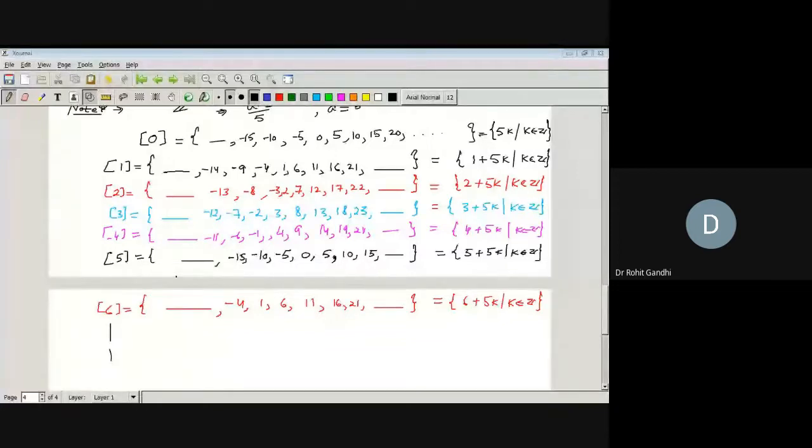So अगर आप equivalence class देखें 1 और 2 की, if you observe the equivalence classes of 1 and 2, there is no element common between them. कोई भी element common नहीं है, right? यहाँ 1 है तो यहाँ 2 है, 6 है तो -3, 7 है, 11 है तो 12 है, right? Yes, ज्योति.